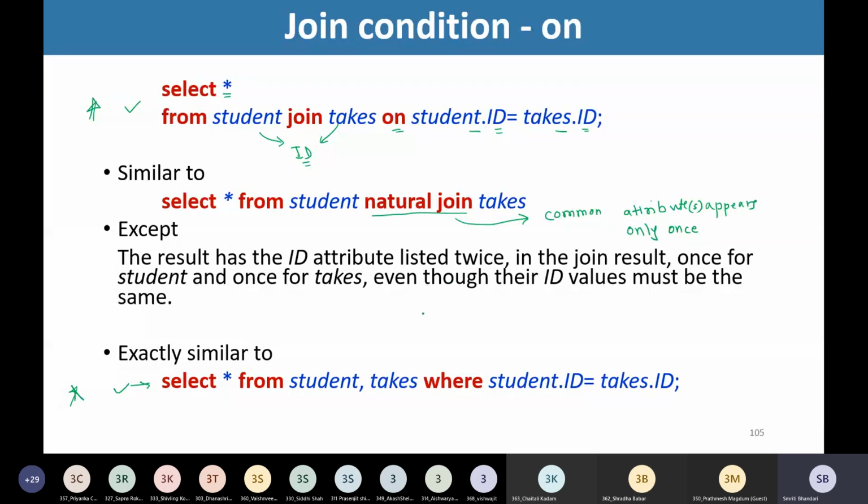This and this are producing the same result, wherein the common attributes may appear more than once. But if we go for natural join in this situation, the common attribute will appear only once. And we are extracting all the attributes. We are making use of asterisk, all attributes. Right?